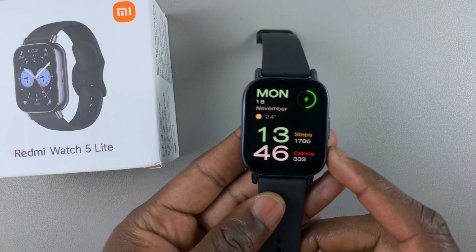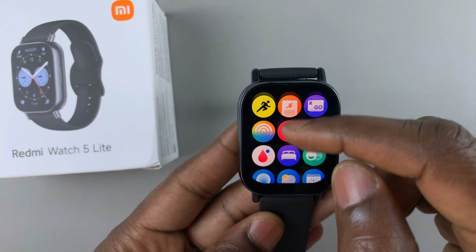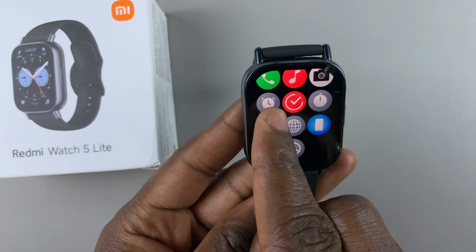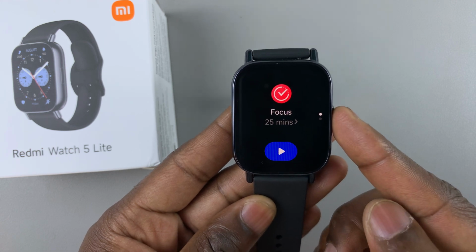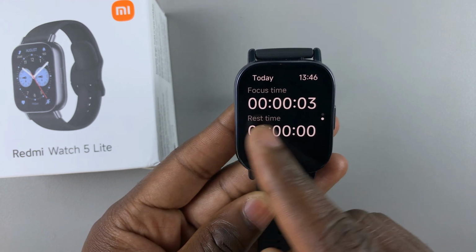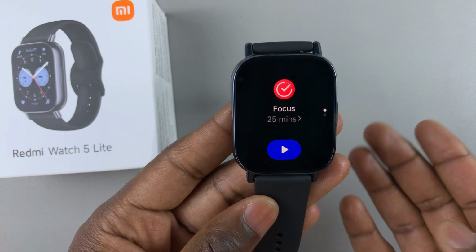So what you simply want to do is press the side button on your watch and then scroll through the apps list or apps menu and find this icon that has a tick on it. So tap on it, and as you can see, this mode is for focus. So now you can swipe through to see maybe the last focus session that you had, but to set or to use focus mode,